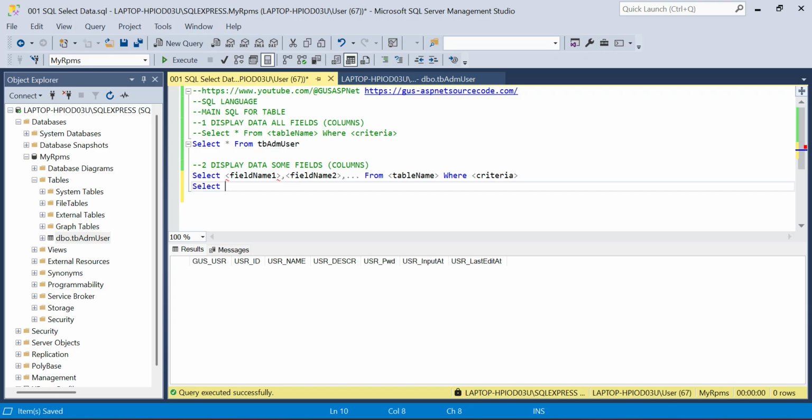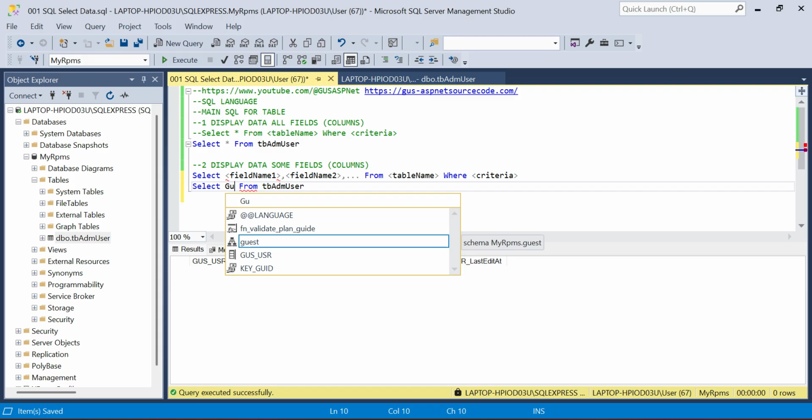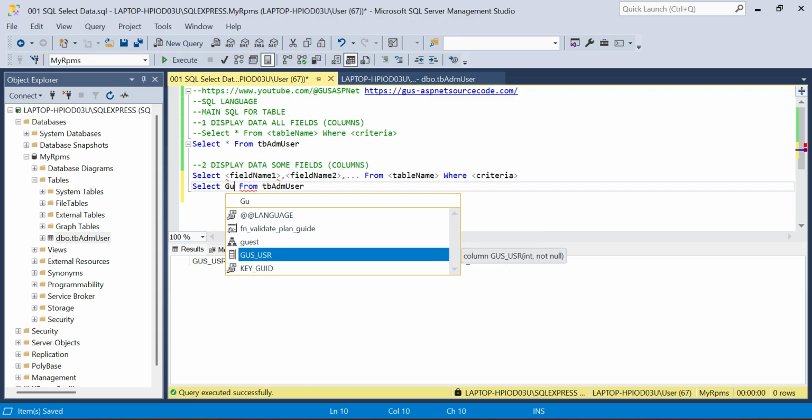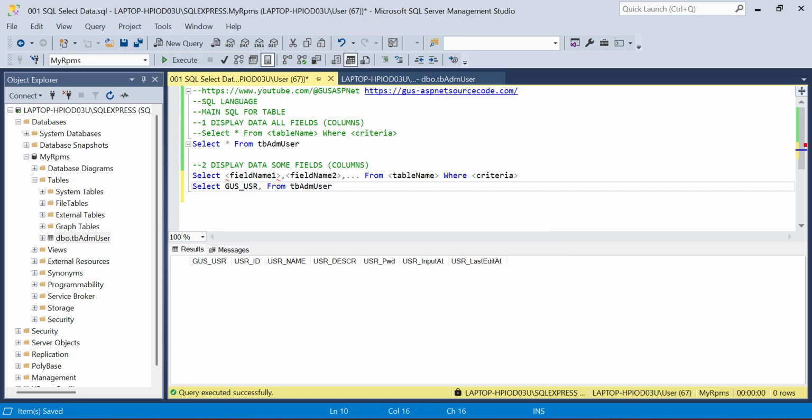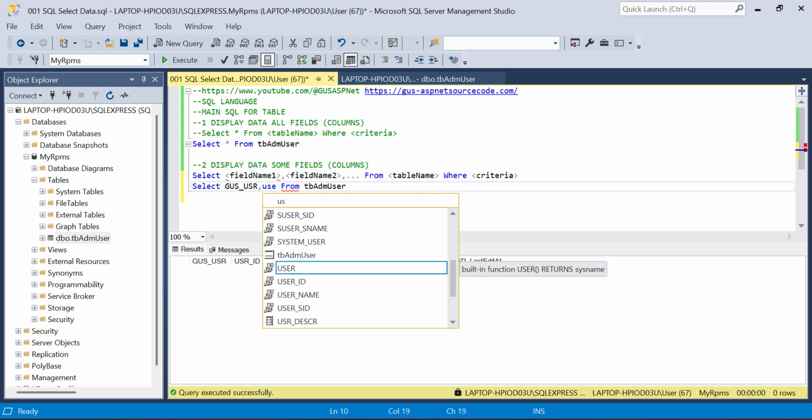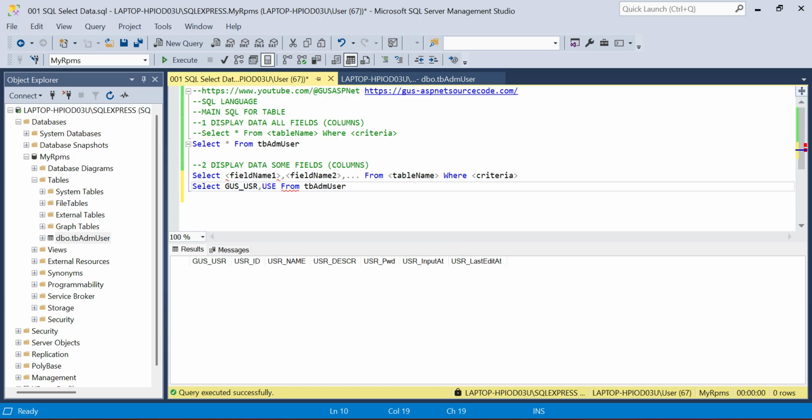Select from tbadm user. Let's type the fields we want to display. For example, we have 7 fields or 7 columns. I only want to display some columns.